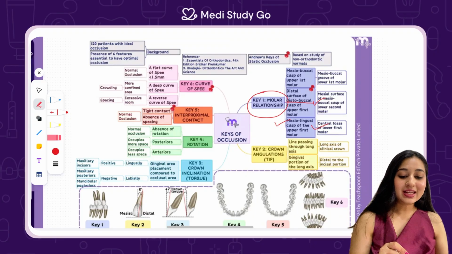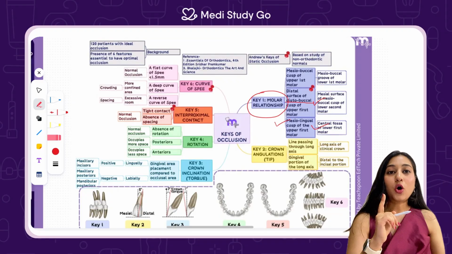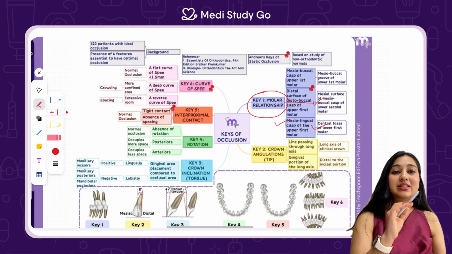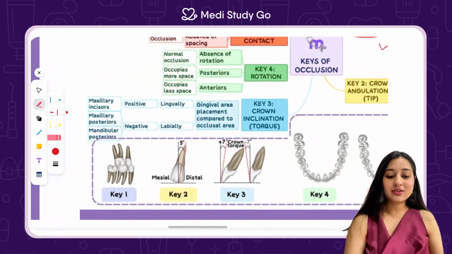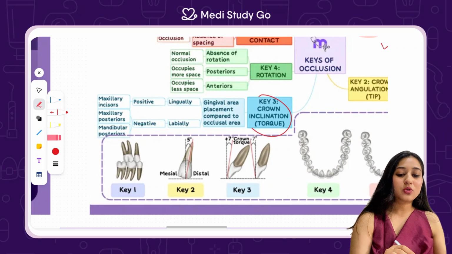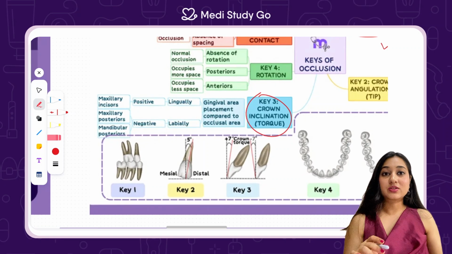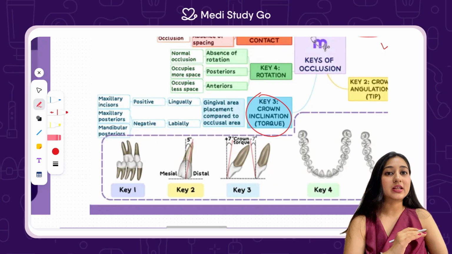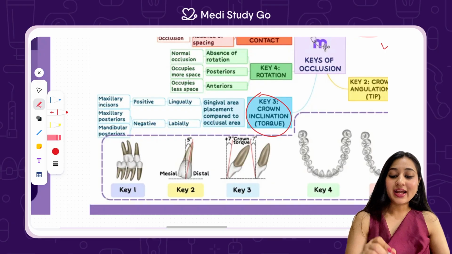And finally, the mesiolingual cusp of the upper first molar should occlude in the central fossa of the lower first molar. The second key is the crown angulation, aka tip. All crowns have a positive tip. That means the gingival portion is seen more distally as compared to the incisal portion. Next is the crown inclination, which is also called crown torque. In maxillary incisors, a positive crown inclination is seen, whereas in the posterior teeth, in the upper as well as the lower arches, a more negative